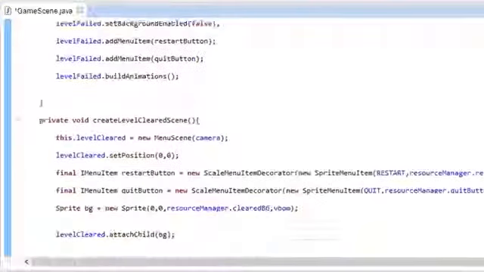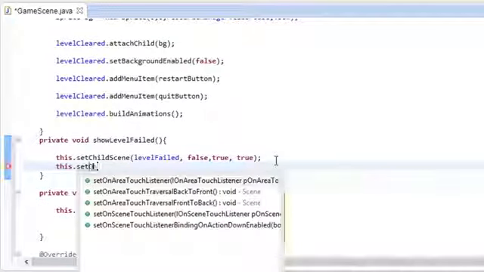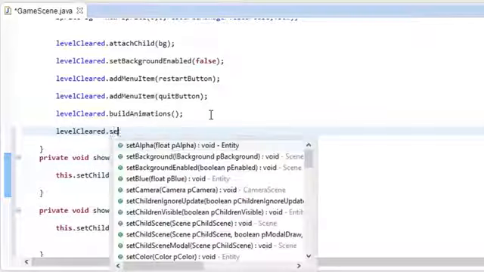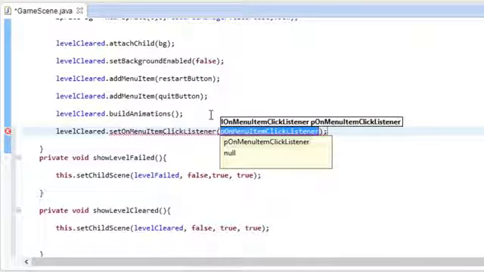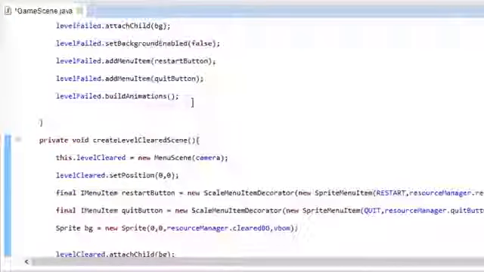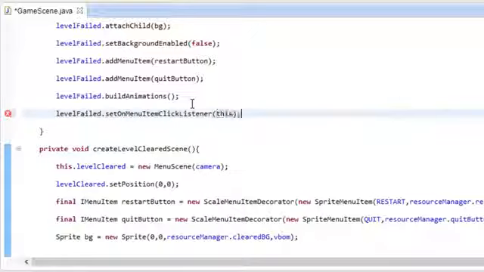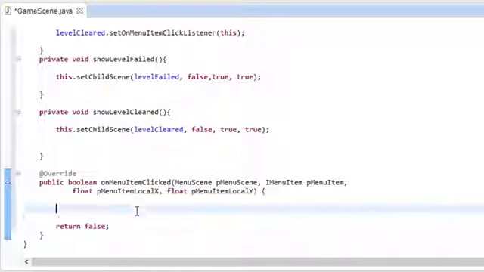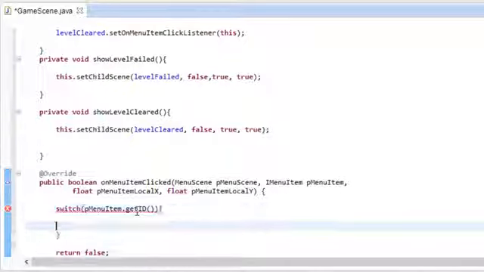And in your call here, we can just simply do this set on, actually no, it should be here. So you do level cleared set menu on menu item click listener to this, and do the same thing for the failed, level failed set on menu item click listener to this. And now we can go down to our statement here, our on menu item click listener method, and we can do a switch p menu item get ID, and then we can just do test for